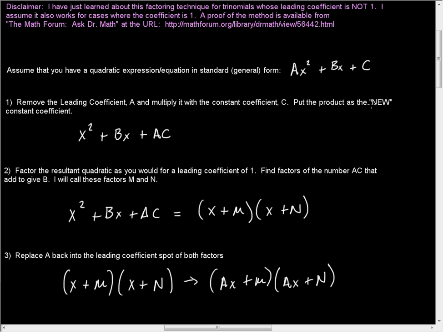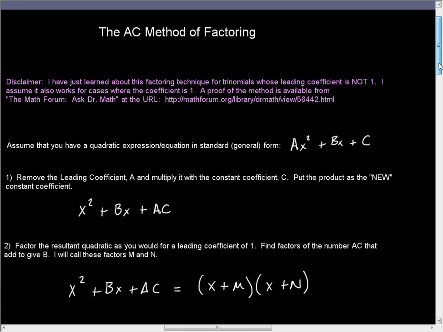This video concentrates on factoring when the lead coefficient is not 1. Just to let you know, this AC method of factoring, which is what I've come to know this as, is different. I don't fully understand why it works, and because of that, I don't feel comfortable teaching it very well. And I'm sure that looking back at proofs, like for instance the one that I have here in my disclaimer, that if you go to this URL at mathforum.org,